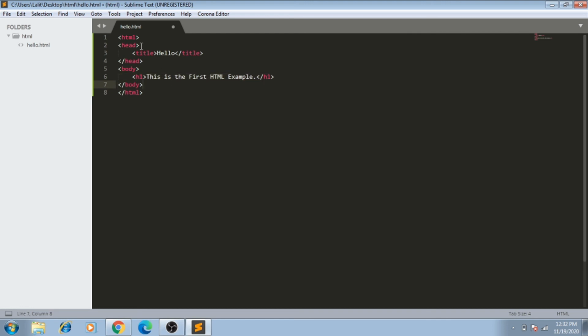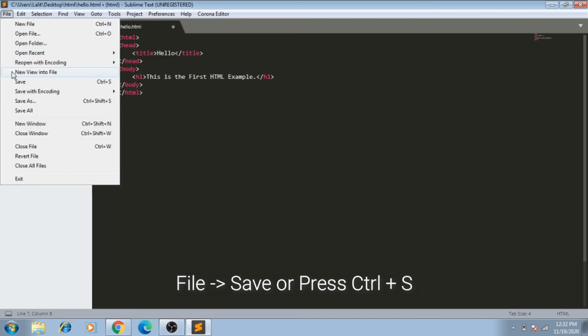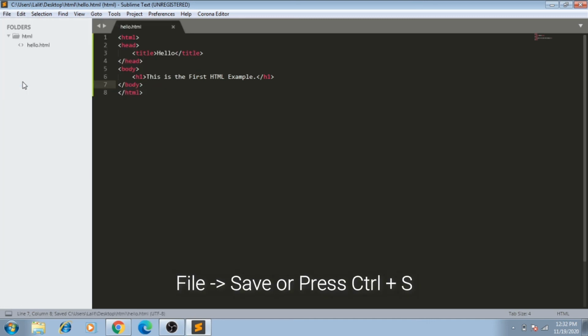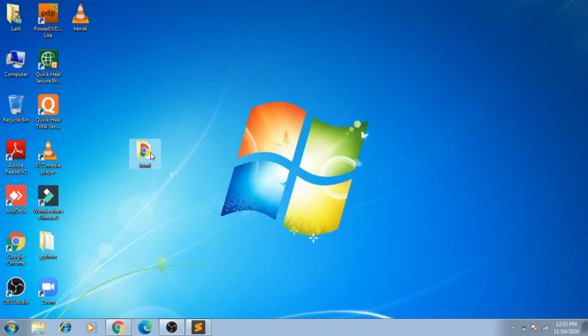Now save this file by just clicking the Save option from the File menu or press the Ctrl S shortcut key. Now this file is saved. After that, go to that folder on the desktop, open that folder.